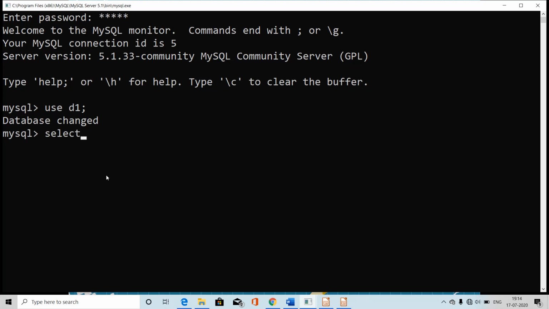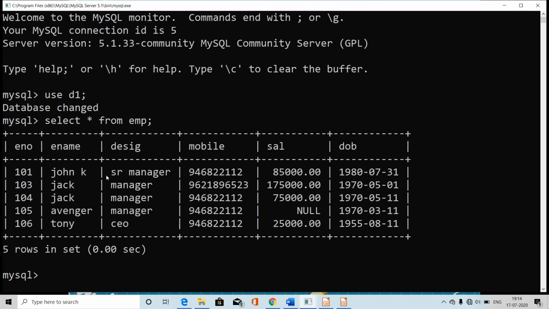Now I will select a table EMP which already exists with data. So here I have so many records, 1, 2, 3, 4, 5. So I have 5 rows in my table and columns ENO, ENAME, mobile, salary and DOB. So I have 6 columns and 5 rows in my table.